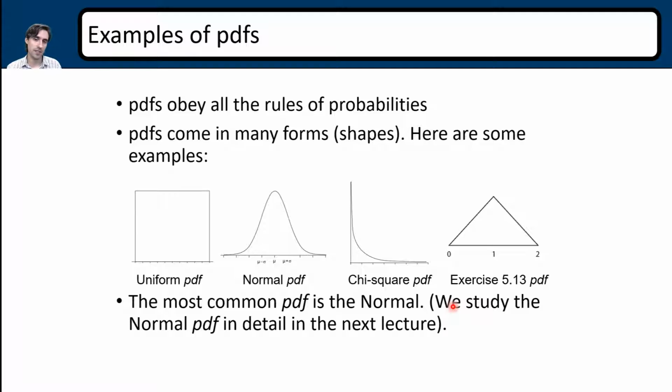They come in all shapes and sizes. I'm going to briefly show this, but this is just to give you an idea that PDFs come in all forms. We'll talk a lot about the normal. We'll go over chi-squared. This is an exercise. I personally wasn't a fan of this example. It really threw me off, but it makes sense the more you look at it. Mathematically, it makes a lot of sense. But I'm just like, why do we have a triangle? But if you're really urgent to learn more about PMFs, go to exercise 513.